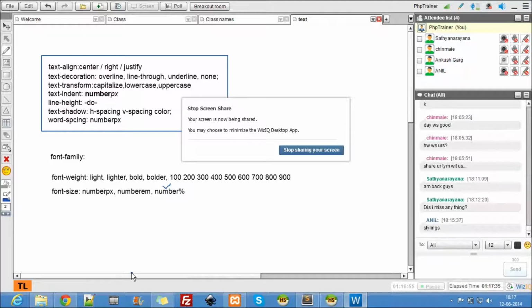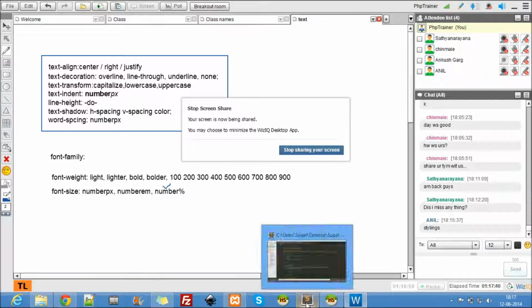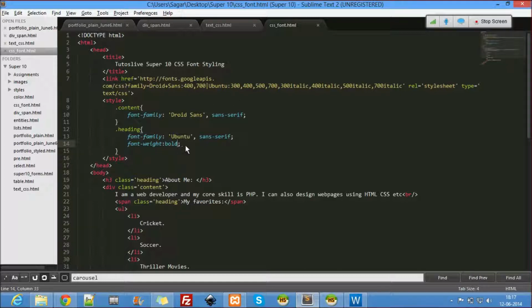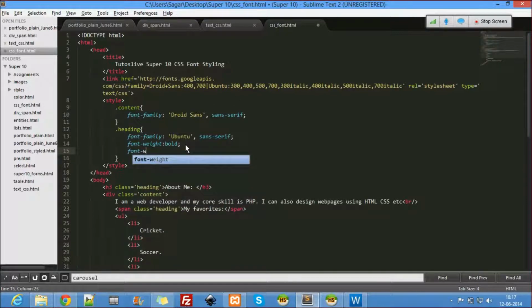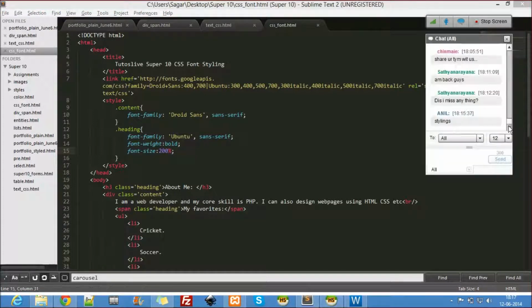If 100 percentage is 12 pixel, what is 200 percentage? Font size, say 200%. Guys know about mathematics? Okay, fantastic.